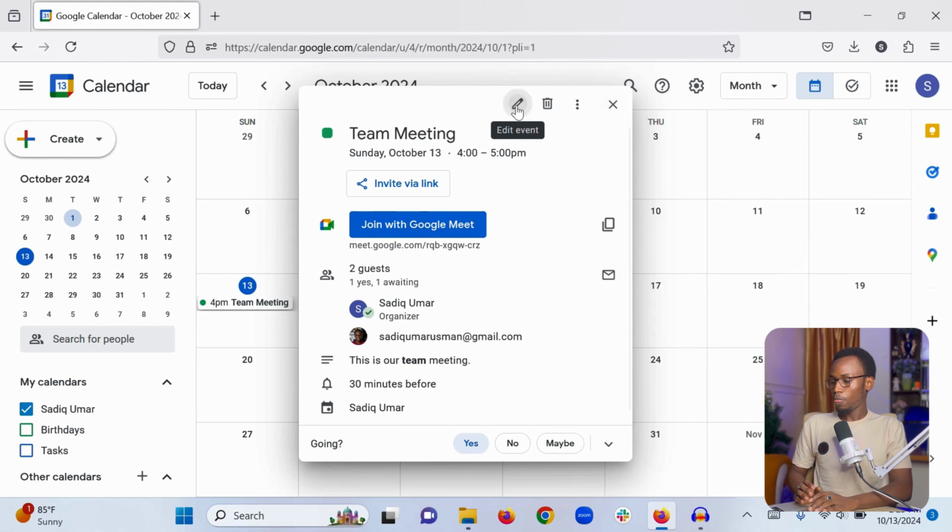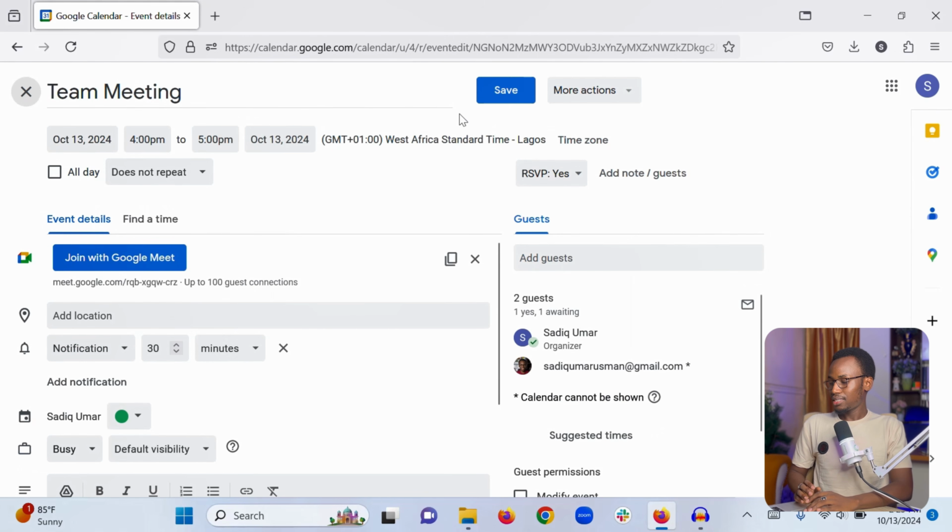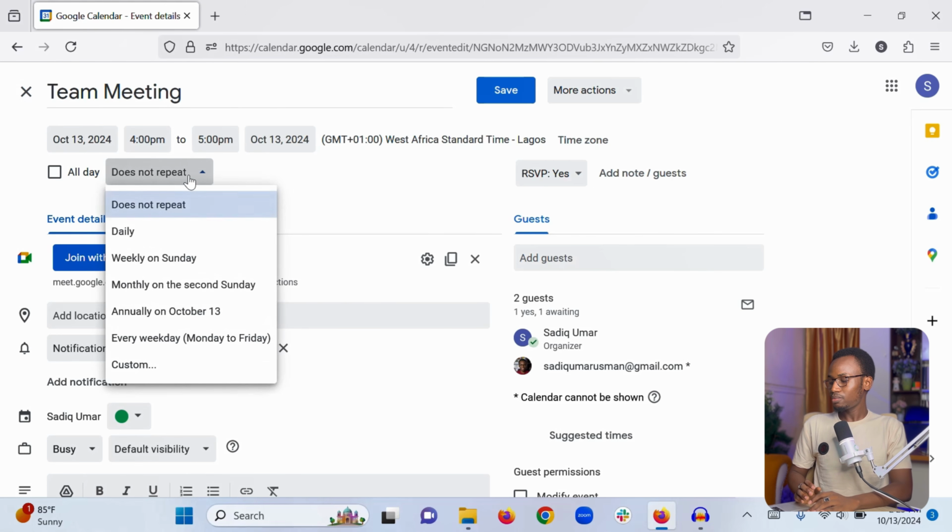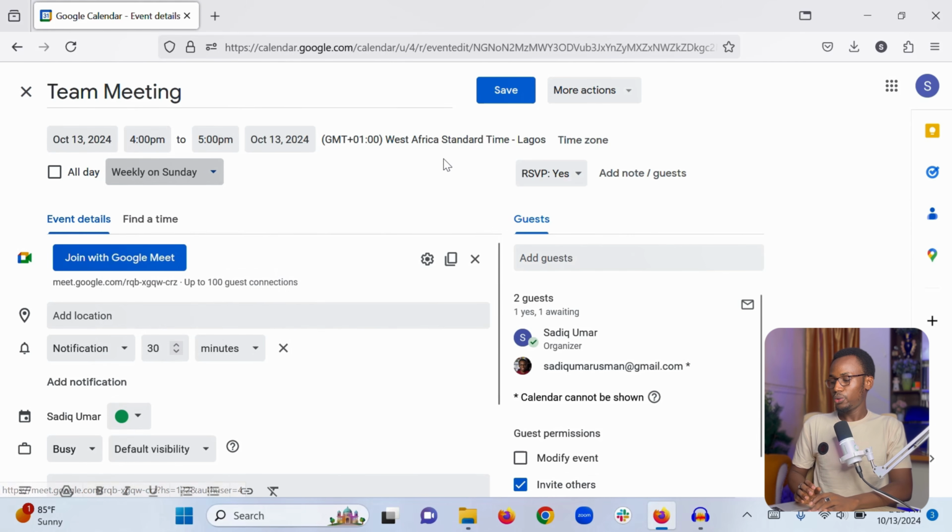And the next thing is right here. This is where you are going to change how the event happens. This is how we are going to change the event into a recurring event. You simply click here. And if we want the event to happen weekly on Sunday, every Sunday at the same time, you simply click weekly on Sunday. When you click Save,